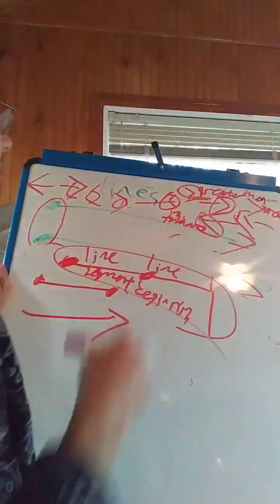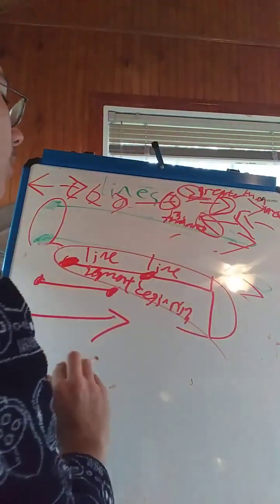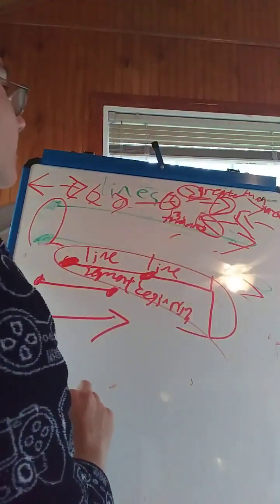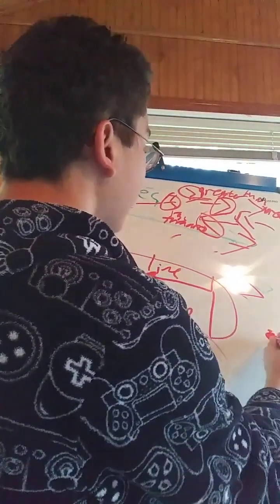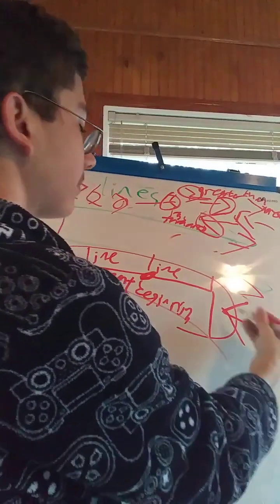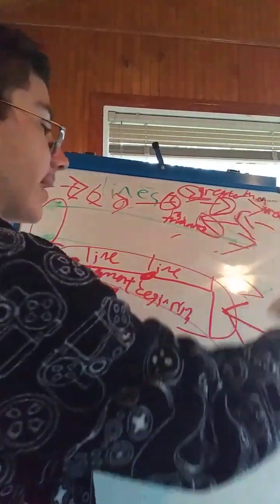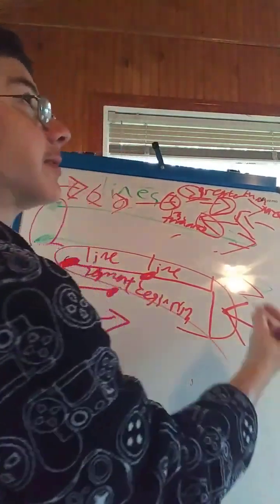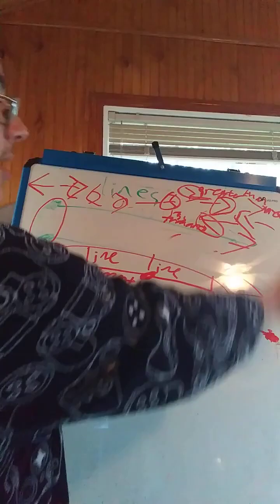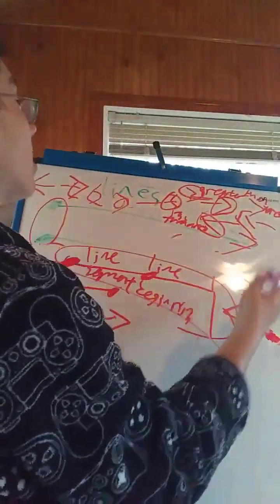And it just keeps going on and on. Okay, so the line beginning, or if it was the line ending, it would look like that. And that dot is the telltale sign. Okay, for the ending, we have the arrow,